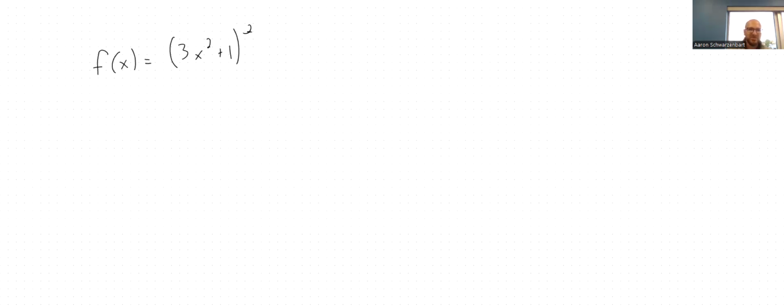I could decompose this function into this, which we're going to call u. I'm going to do it a little differently than we did it in pre-calc. And I could say f of x is u squared. That kind of makes sense. So then f prime of x equals u squared